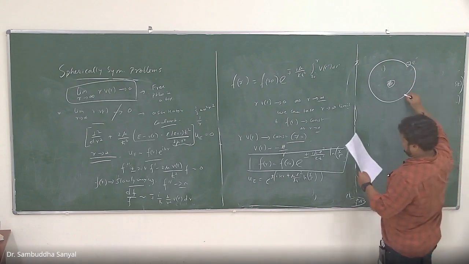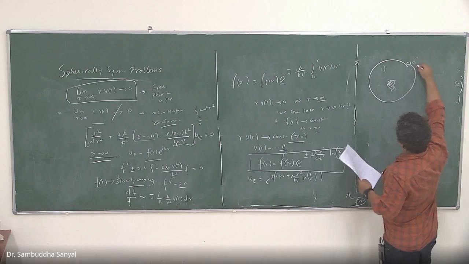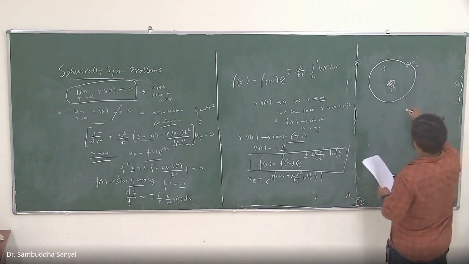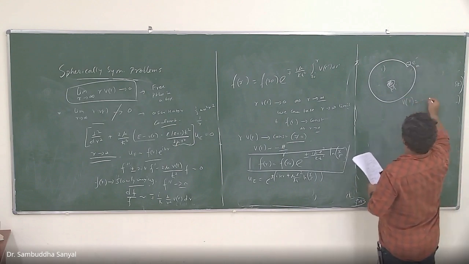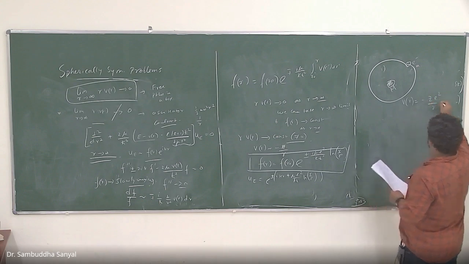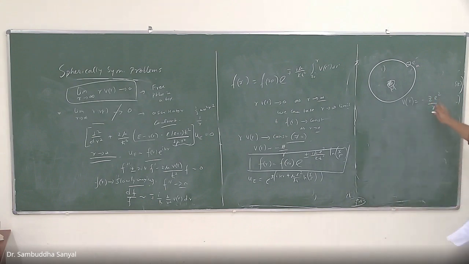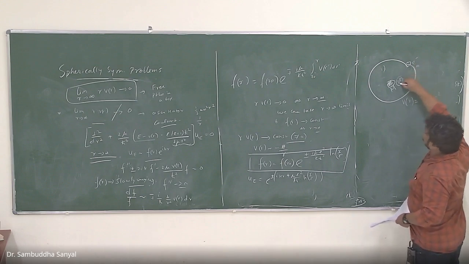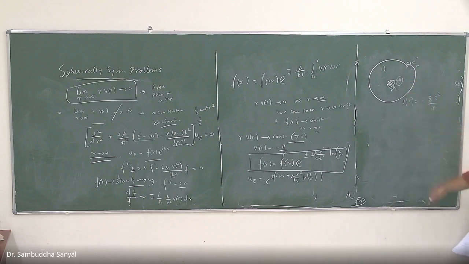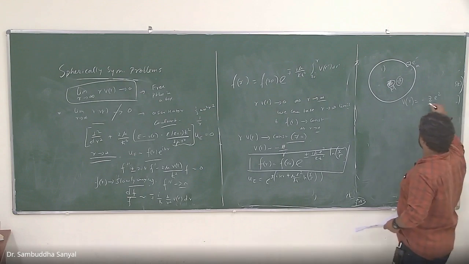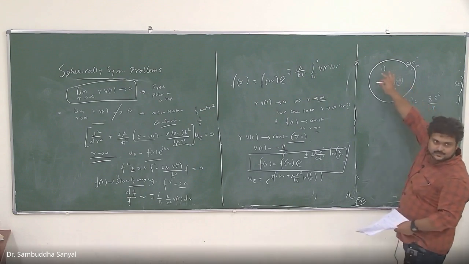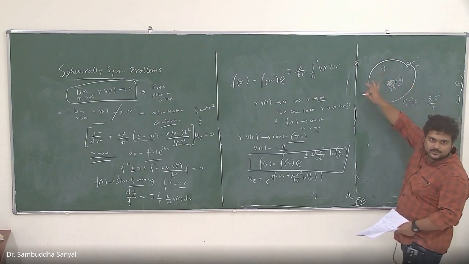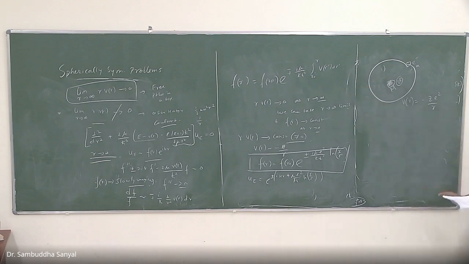Let's say the nucleus is of mass M, the electron is of mass small m, and the potential is minus Z e squared by r. This is the Coulomb potential, right? So it's the charge of Ze at the origin, and this is the charge of e, where Z is the atomic number, the nuclear number. So this is the basic outline of the Coulomb problem. You have solved the classical form, Bohr's equation, everything.